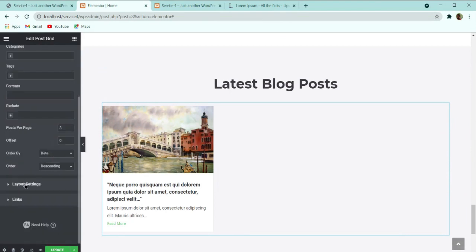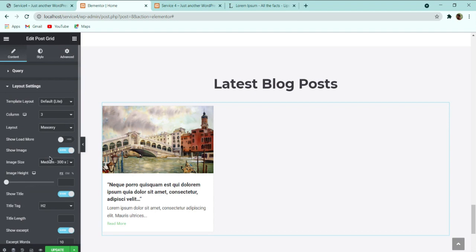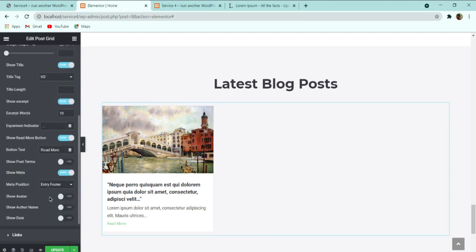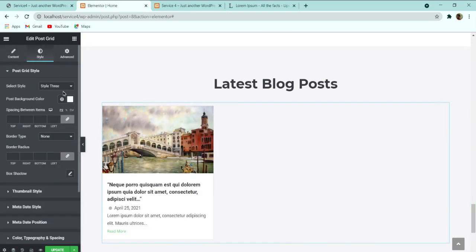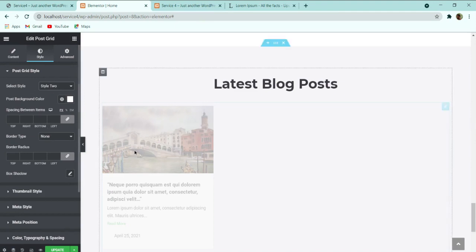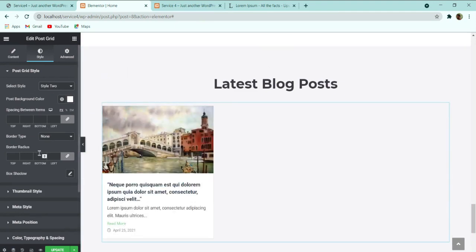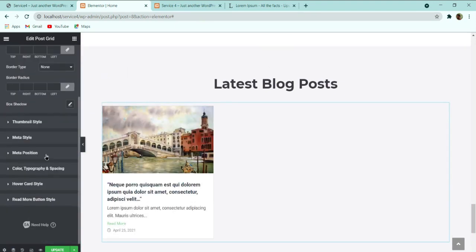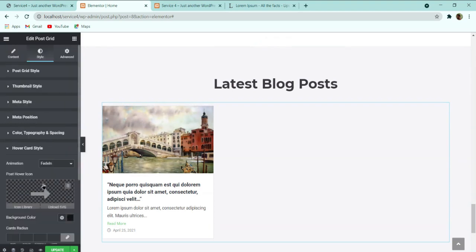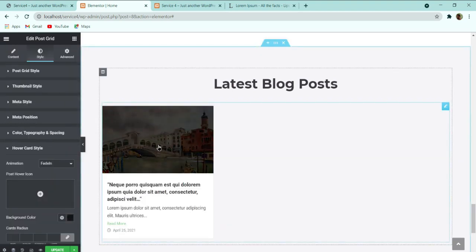So here let me go to layout setting, let me enable that show date. So here you can see that when I have enabled this show date, let's move to this style 2. So in this way it is looking like, so default is like this, and style 2 is also looking good.